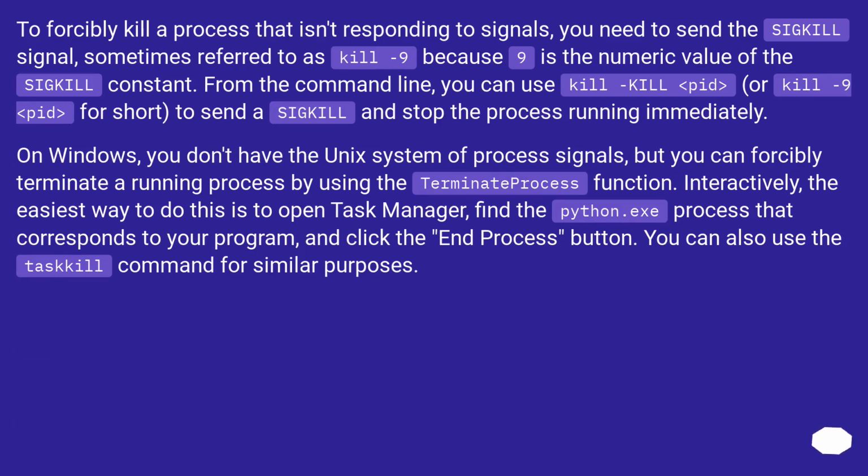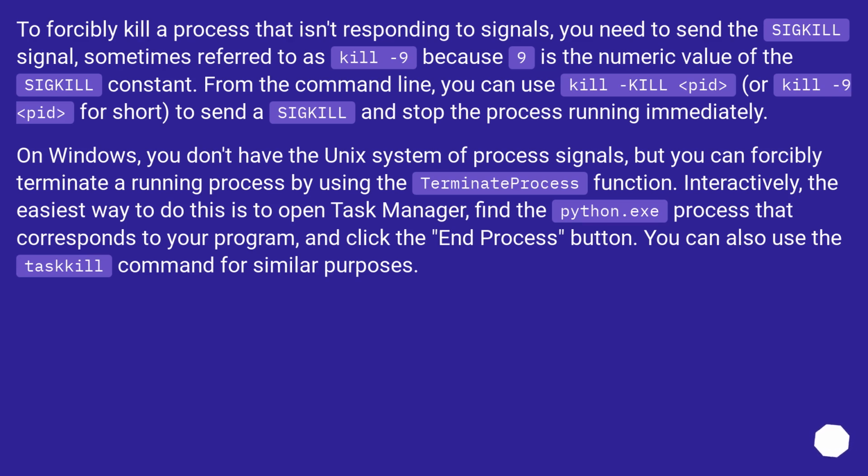To forcibly kill a process that isn't responding to signals, you need to send the SIGKILL signal, sometimes referred to as kill -9 because 9 is the numeric value of the SIGKILL constant. From the command line, you can use kill -KILL PID, or kill -9 PID for short, to send a SIGKILL and stop